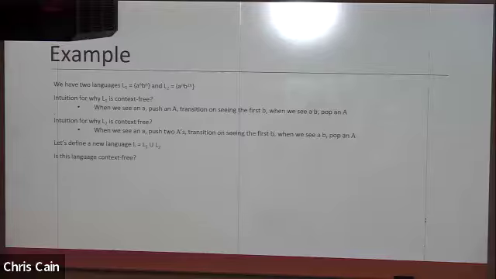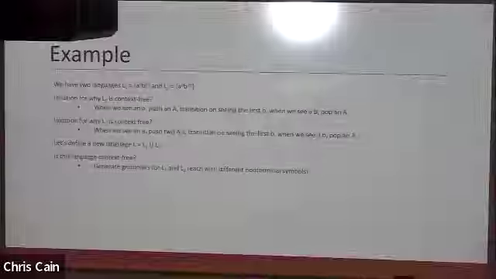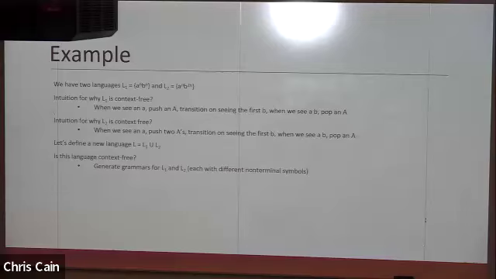So this language is context-free. And the way to imagine that it's context-free, you can go back to the grammar idea: we can write a grammar for the left-hand side, a grammar for the right-hand side, and just introduce a new rule. S arrow L or R that produces the left-hand side or the right-hand side, where L and R are the original start non-terminals for the left-hand side and the right-hand side.